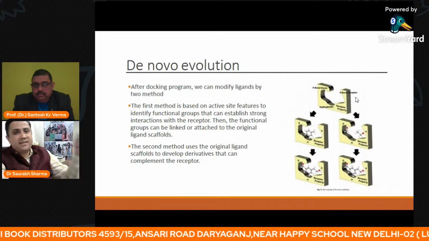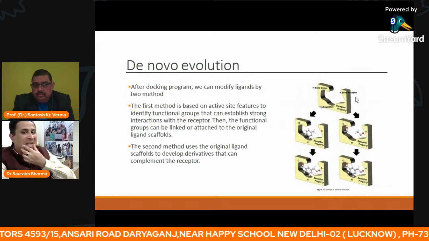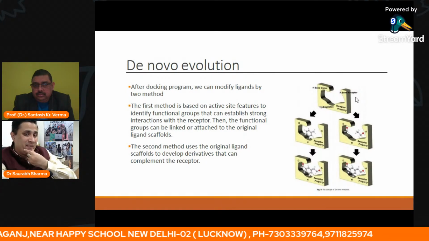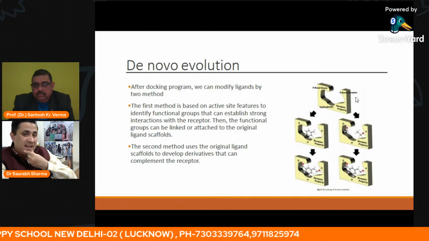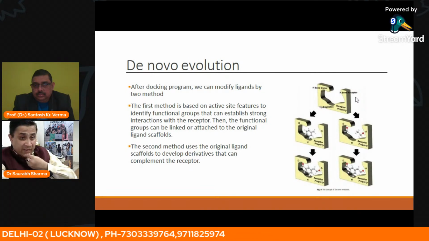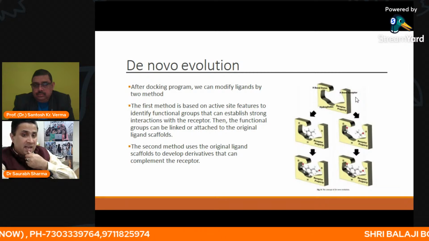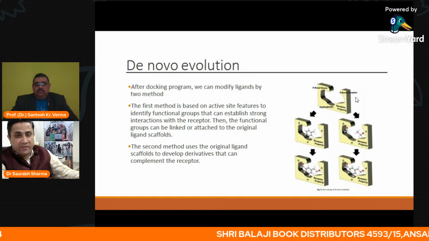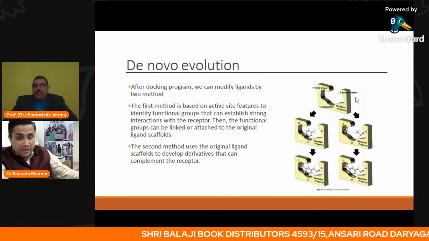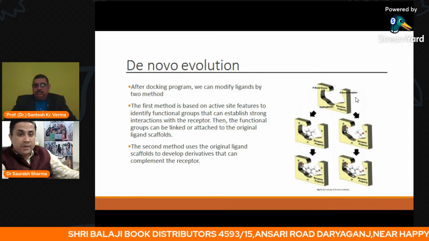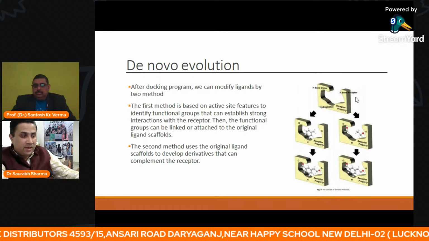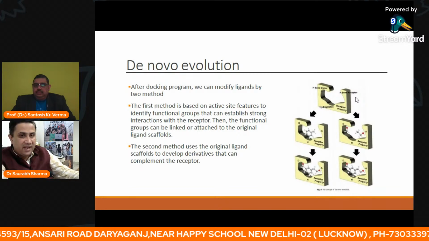Now, another point is the de novo evaluation. The de novo evaluation is another point of view in rational drug design, in which the ligands can be modified by scaffold modification, and derivatives can be made which are complementary to the receptors. So based on the docking studies, the ligands can be modified,